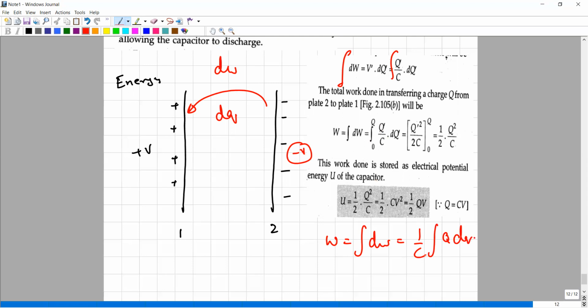What are you going to integrate? You're integrating the charge dq. So what should be the limit? What should be the limit? So the limit should be 0 to q, because